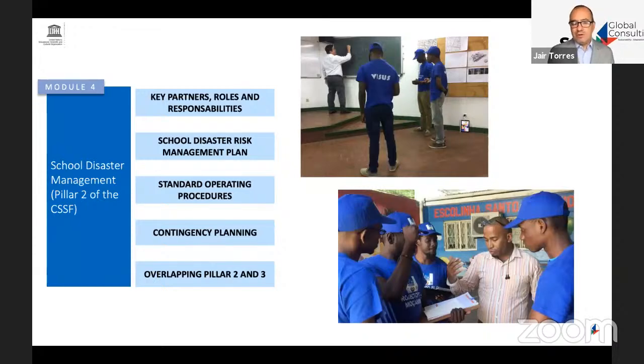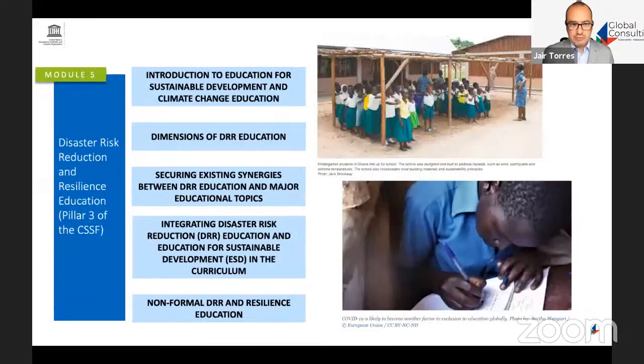and what are the key elements that need to be in that specific contingency plan. And here we're going to do an overlapping between pillar 2 and pillar 3. What are the elements that overlap between school disaster management and disaster risk reduction education? Then on Module 5, we're going to be discussing more about disaster risk reduction and resilient education. So we're going to be talking about curriculum, formal education, and non-formal education. We're going to introduce here good elements on how we link the school safety agenda and the disaster